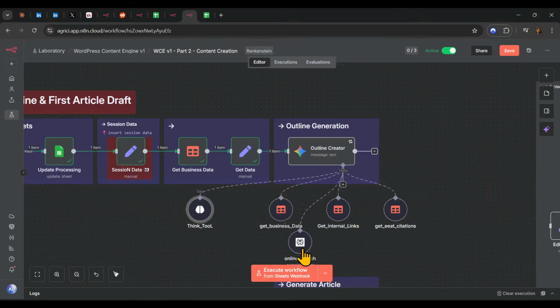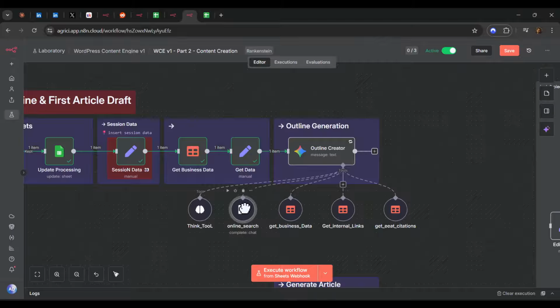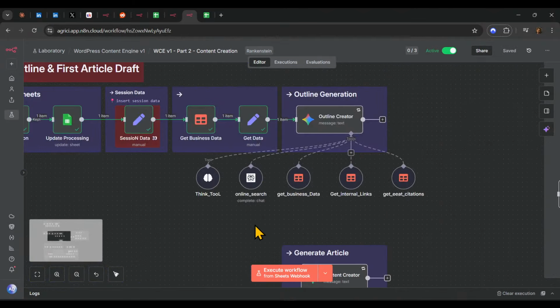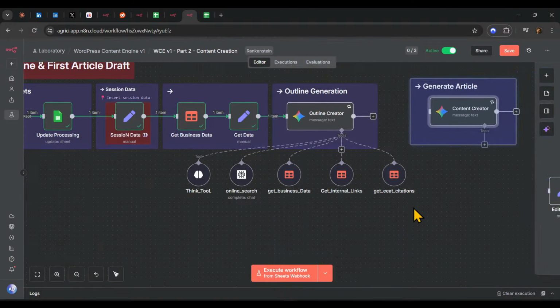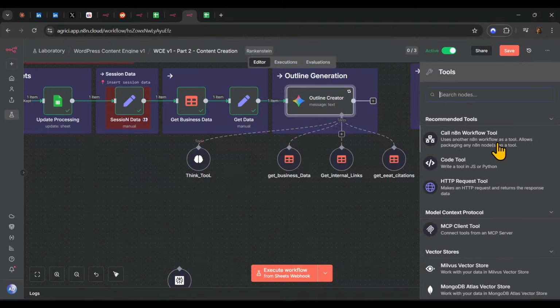So I think before creating the outline, perhaps we're gonna check, or maybe add an EAT agent right here before creating the article. I think that will be better also. Or just to have it simplified. I need to know that it follows specific citations, yeah? So I think for this online search, it would be better to add maybe an